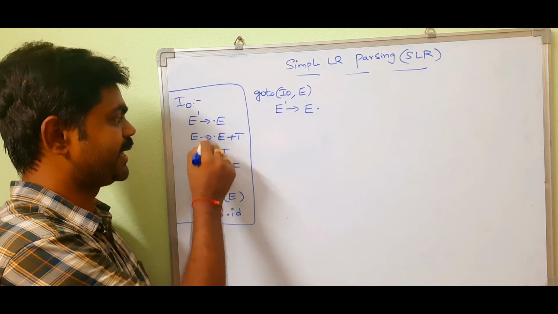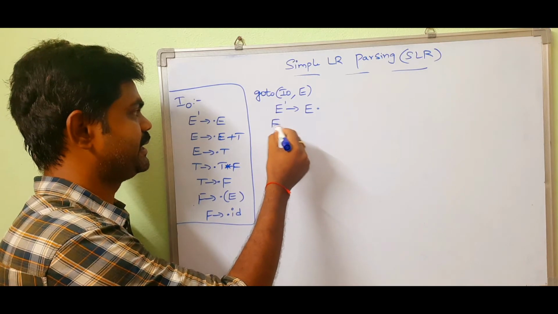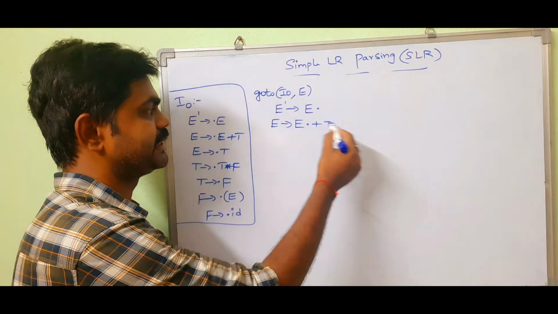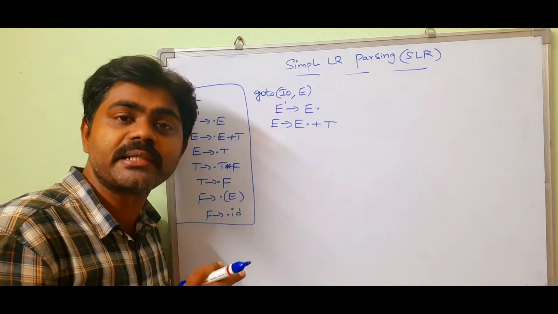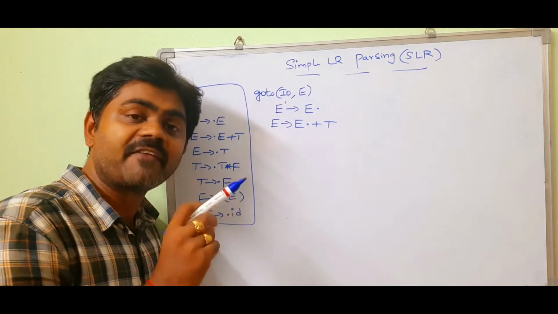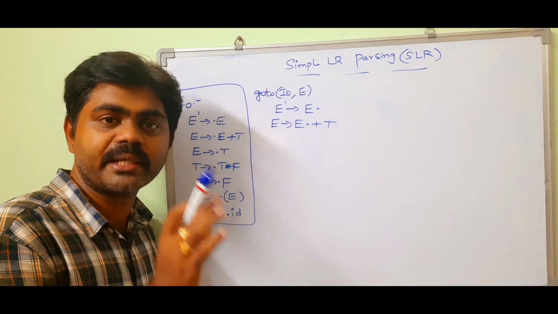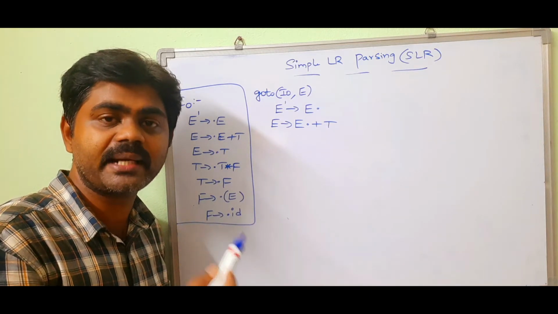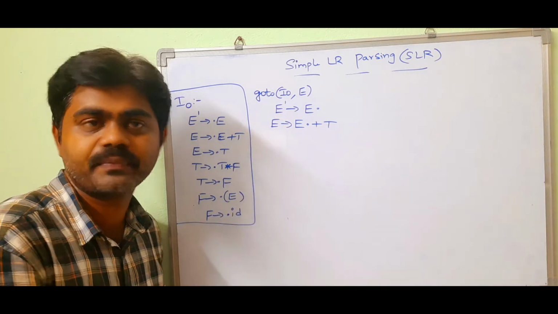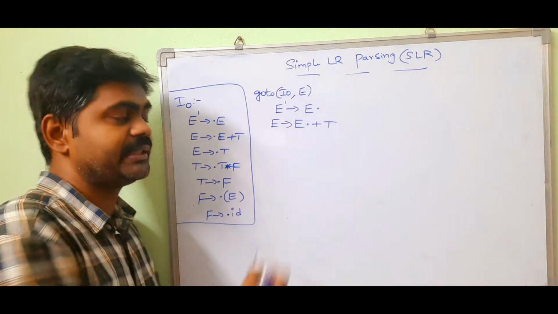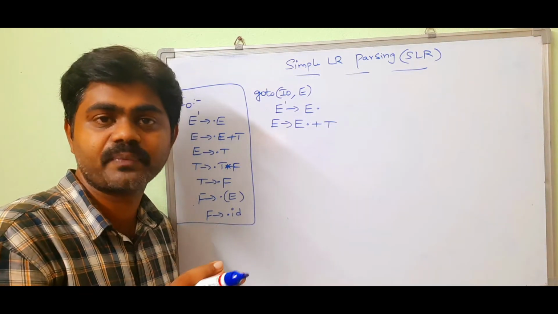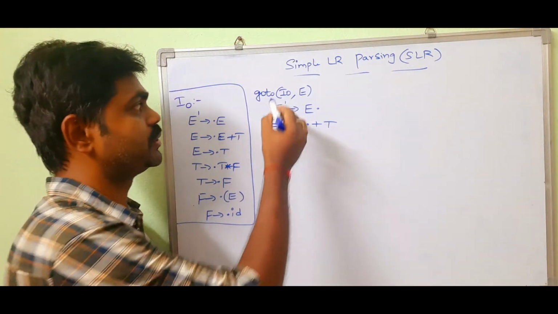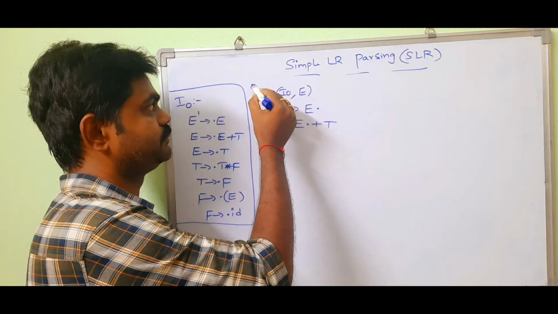Next, here also we have dot E, right? So E tends to E dot plus T. The most important thing which we need to check here is after dot, if we have a terminal, we can stop there. If at all we have a non-terminal, then we should write all the non-terminal productions. So luckily here your dot reached the end of the position. Here after dot we have plus, as we know plus is a terminal, so we can stop here. So this is I1.